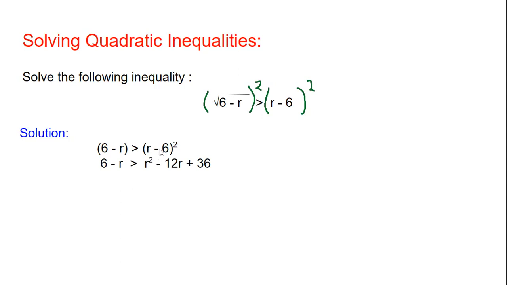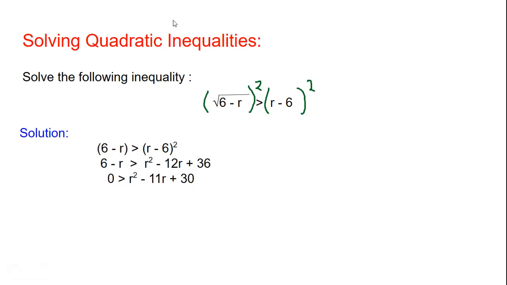If we square r minus 6, we will get r squared minus 12r plus 36. And then we can take the 6 minus r to the right hand side to give us r minus 6. And that will give us 0 is greater than r squared minus 11r plus 30, which we can also write